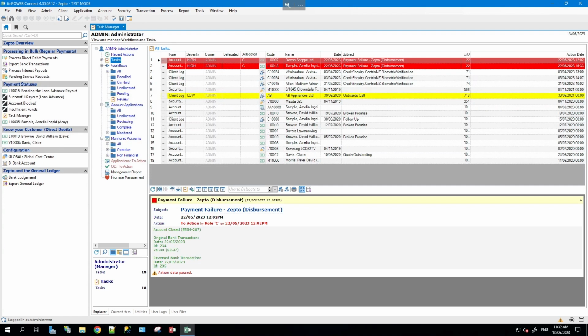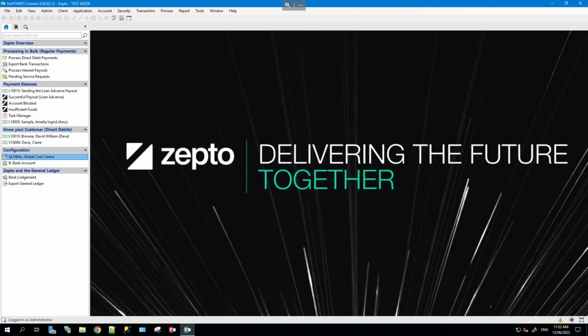That wraps up the bulk processing side of things, and now we need to look at how we get the direct debits going with Zepto. It's important to note that in order to use Zepto, similar to any direct debit authority, there are some steps external to FinPower Connect that you must do in order to confirm your due diligence has been completed. For this, we will refer to it as Know Your Customer,